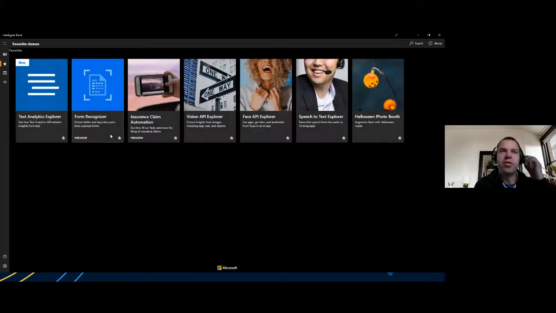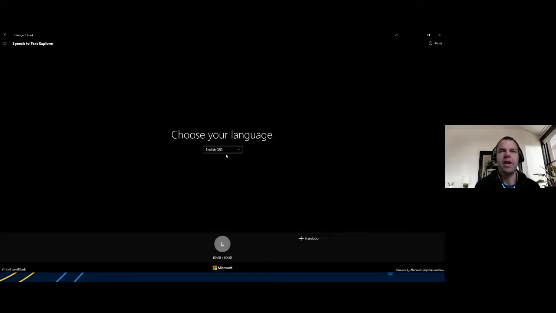Before I move back to a few slides, just a couple of other quick demonstrations. I'll show you this speech-to-text explorer. I've connected this to a speech service that I've deployed for myself, and I'm going to demonstrate the real-time speech-to-text translation that's supported by that speech service. So if I start recording,